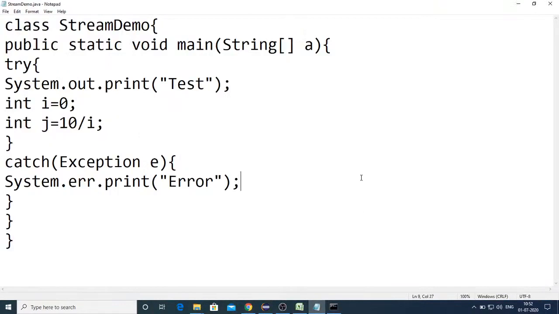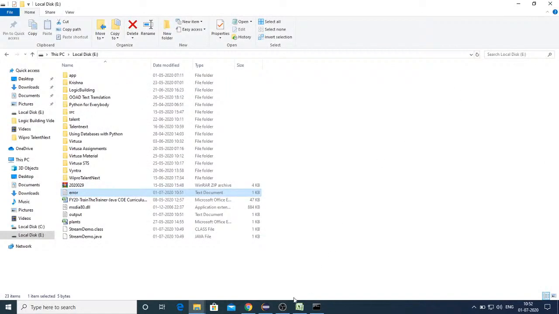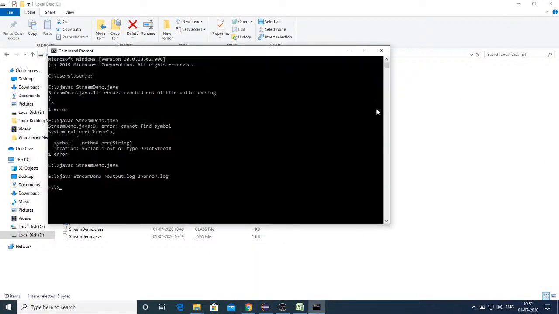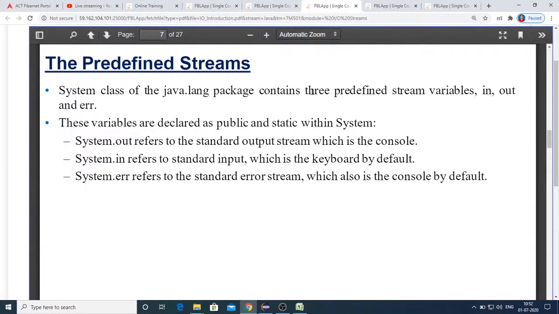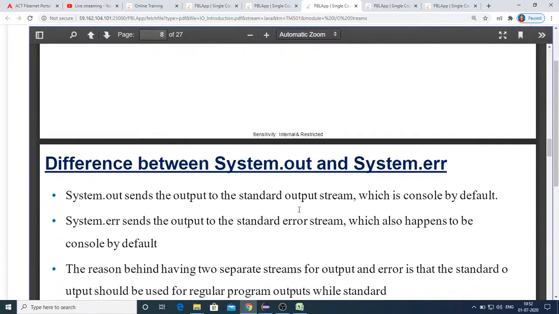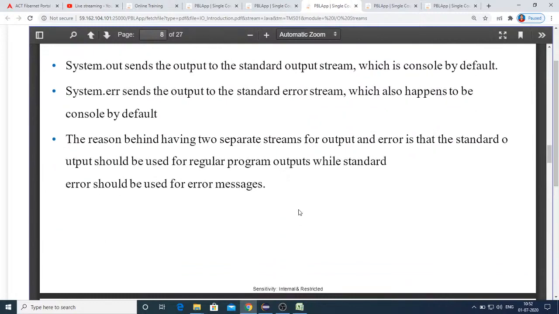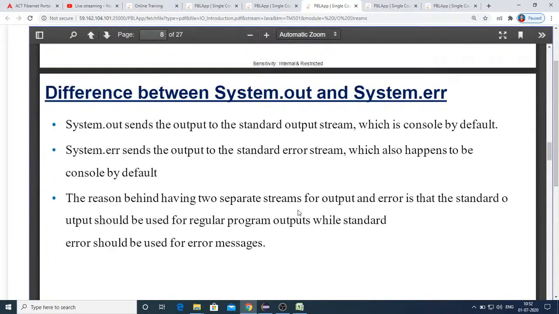And as I said, in real time you will be using this System.err, because you are not interested in printing the error information to the client, which is not recommended because he can't understand it. Another reason is all your class names and all your interface names will be displayed there. So that's the three stream variables, and anyway, this we have just seen.